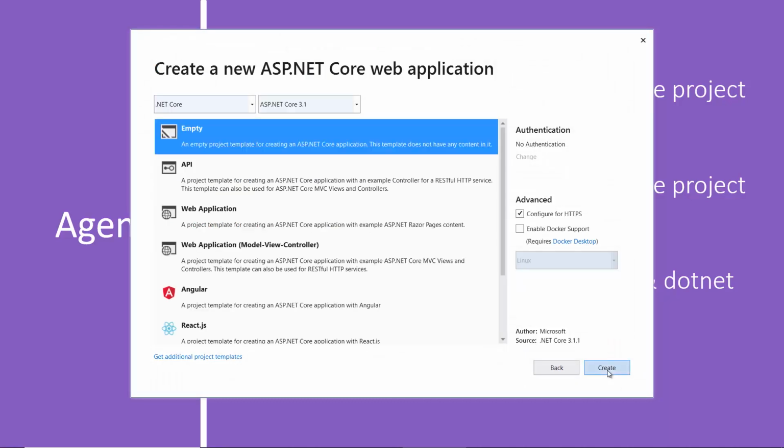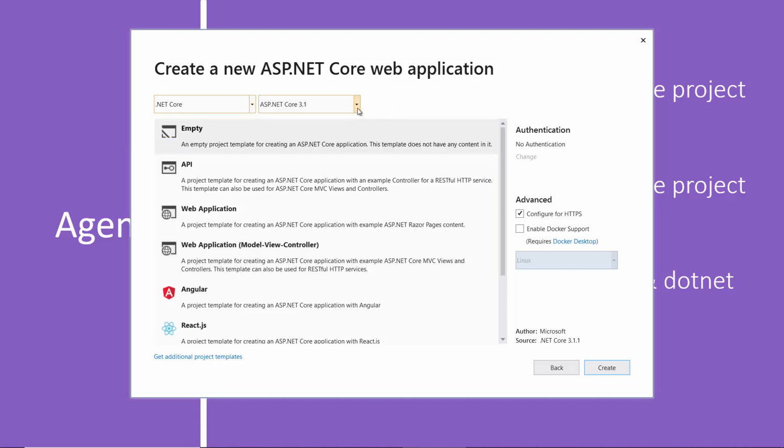Remember, we are creating an ASP.NET Core web application. As you can see here on the top title, we can see create a new ASP.NET Core web application. Here we have to choose the framework of .NET Core which we are targeting for this current application. If you click on this drop down, you will see all the SDKs which are installed in your system. If you have installed all the versions of .NET Core SDK, then you will see all the versions over here. If you have installed only .NET Core 3.1, then you will see only .NET Core 3.1.